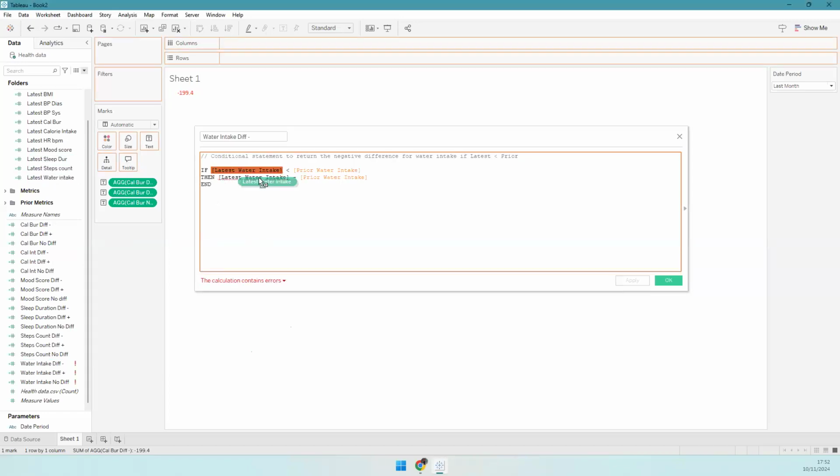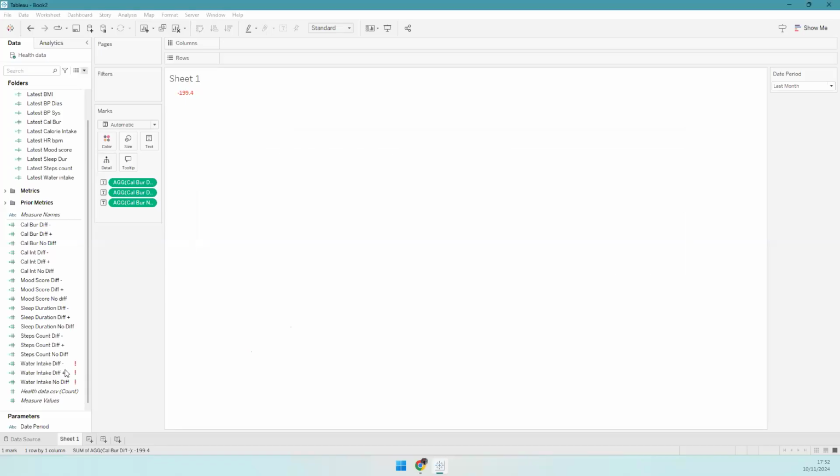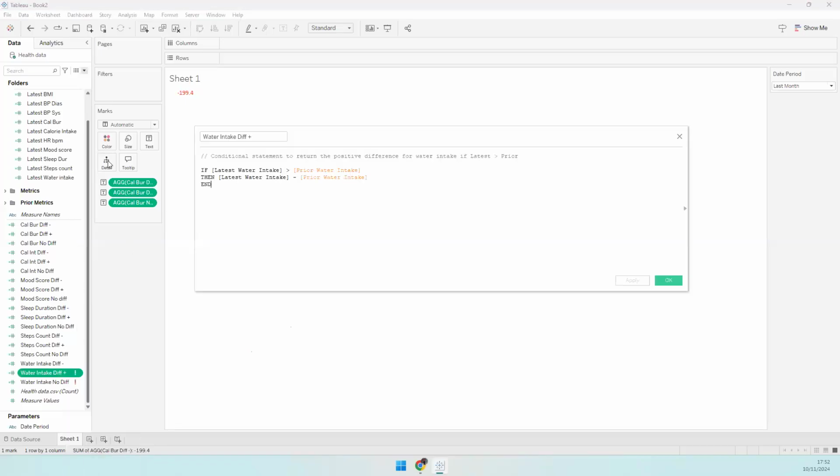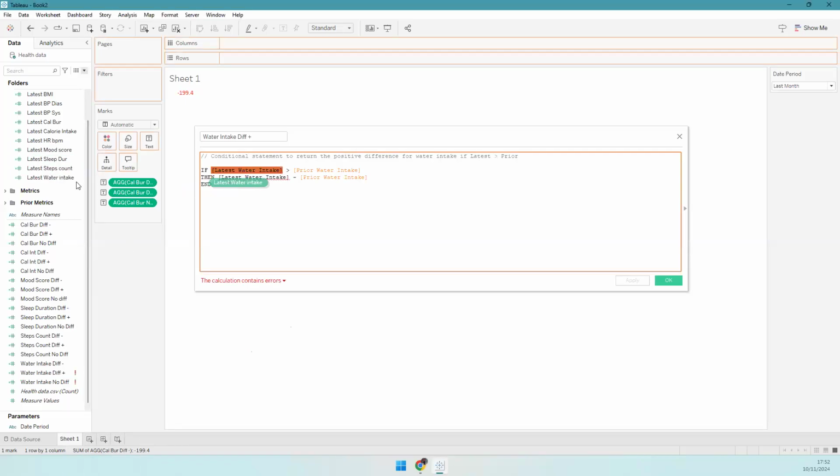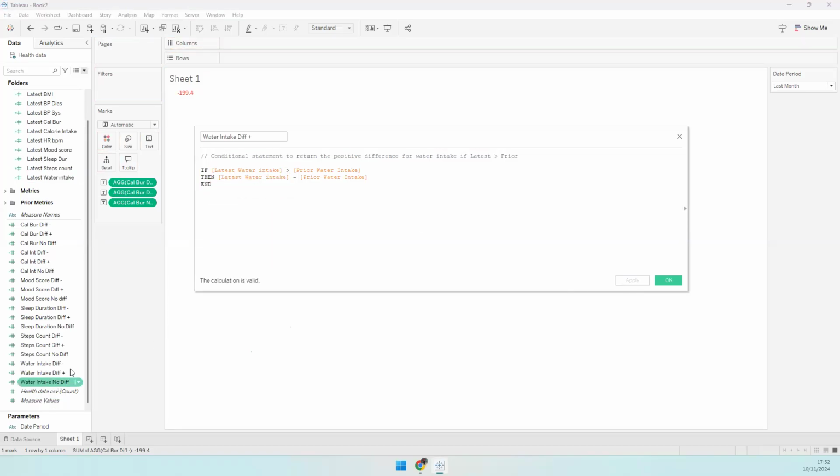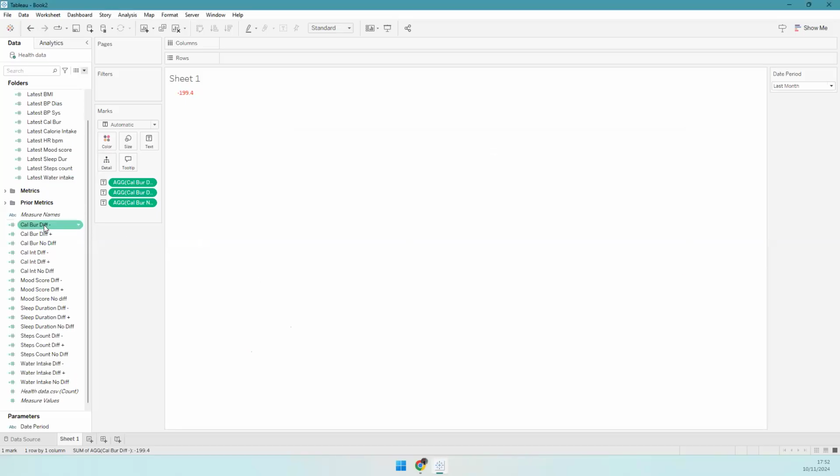All right, so water intake as well. Replace them. Water intake. Time. And last but definitely not least, water intake. Cool. So now again, we are going to put all the similar ones